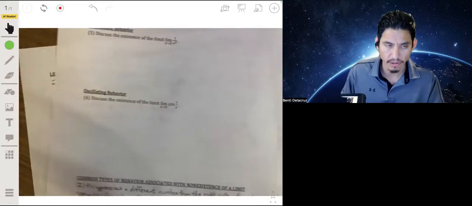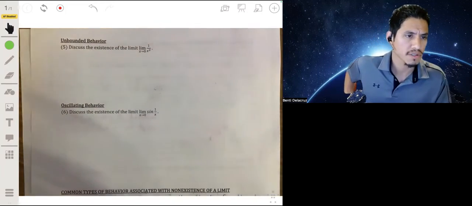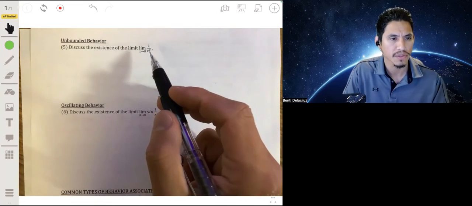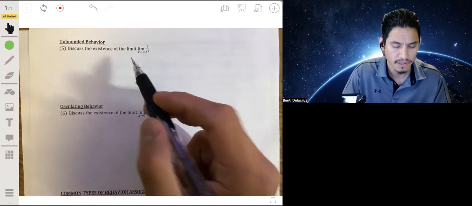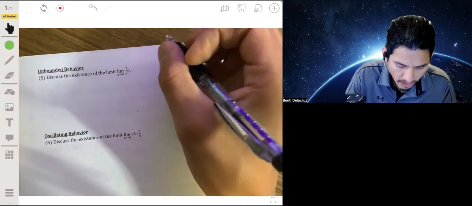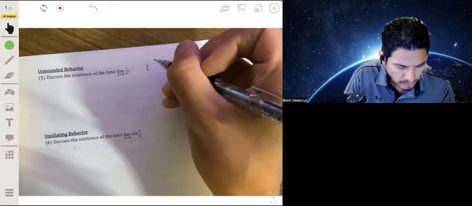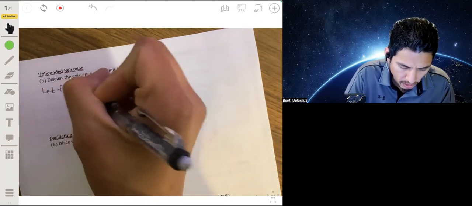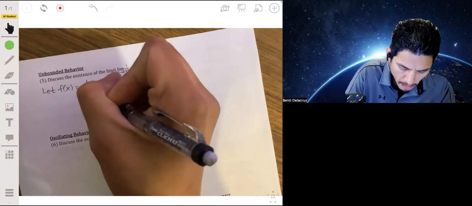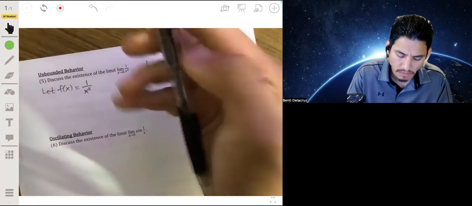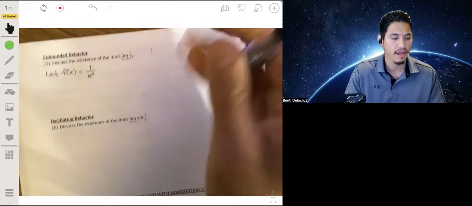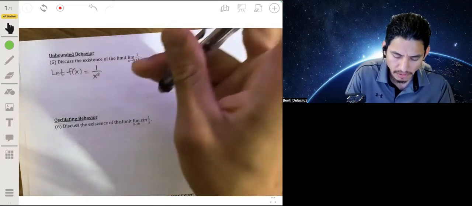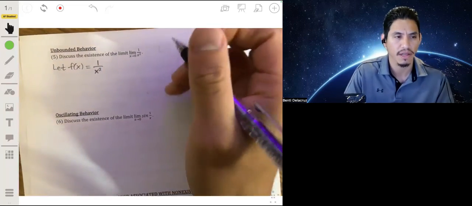Okay, so now let's look at another one. Let's see what's going on with this graph, the limit of 1 over x squared as x approaches 0. Let me write it actually. Let f of x equal 1 over x squared. And if you recall from pre-calculus, this is going to be like a dart or like a